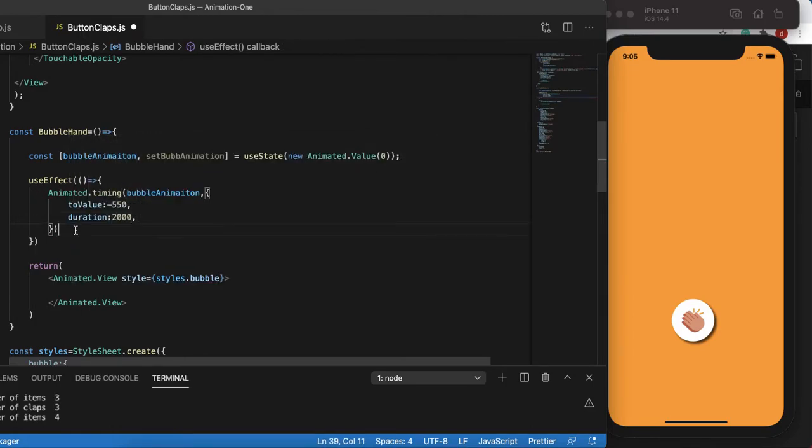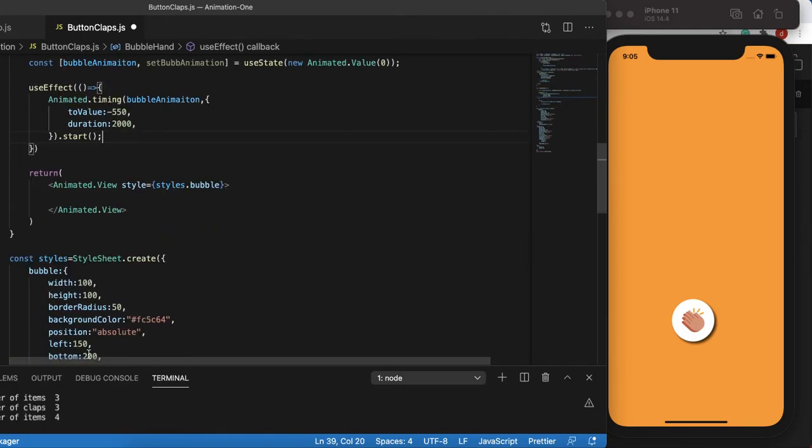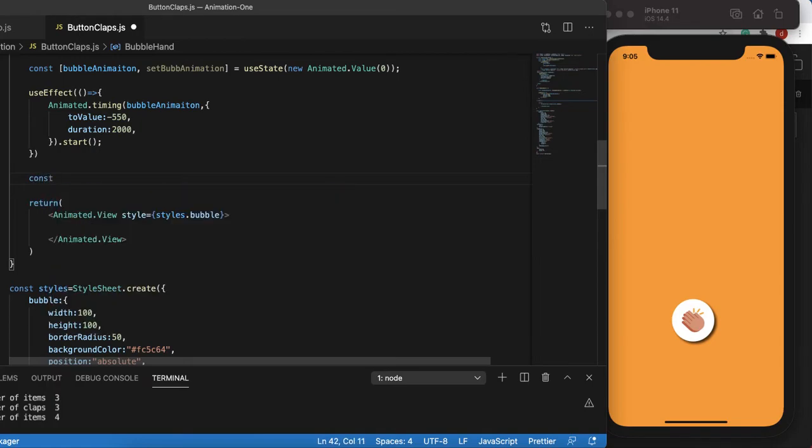All right, and we'll start the animation. Okay, and let's make sure that useEffect has been imported. Cool. And now the value would be animated here using this timing function, and now we need to grab it. To grab it, let's define a function called const bubble,